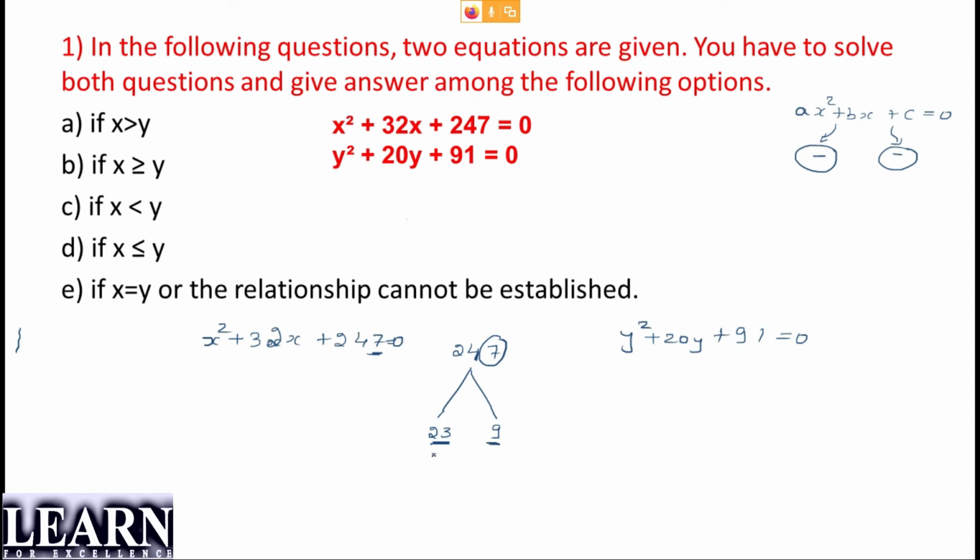The next possibility I can check is 19 into 13, because this is going to end with 9 and 3. 19 10 times is 190 and the next number, yes, this is going to satisfy. So once we got this branch value, I can directly tell the answer is minus 19 and minus 13. I've already told you in the previous section: once you get the branch value, the roots will be the negation of the branch value. Clear, guys?